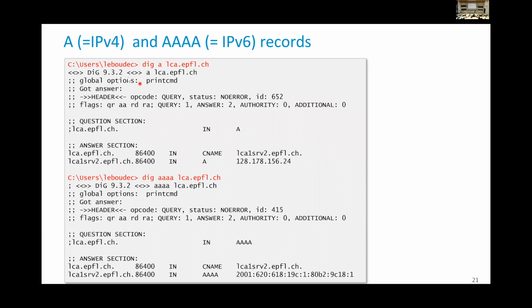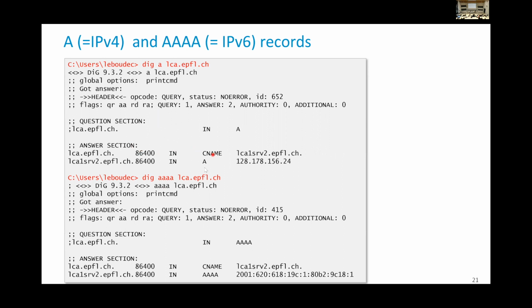you can get it entirely, or you can get pieces of it by using DNS Lookup, or here I'm using dig to send queries. For example, here I'm asking what is the IPv4 address of this name. So v4 means an A record, A like address, and v6 is quadruple A because it's 4 times bigger address here. So if I ask for an A address, for an IPv4 address, I will get this type of answer,